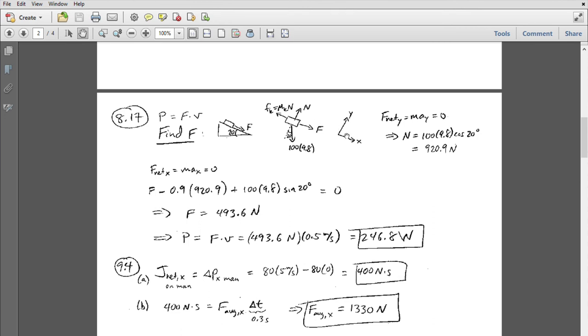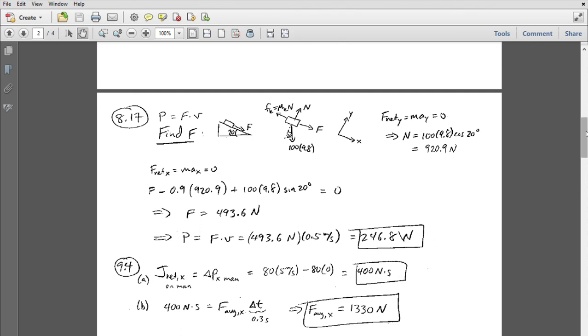For my choice of axis, F has a positive x component, so does the weight force, and the kinetic friction force is negative. So here is F comes in with a plus sign, kinetic friction force, that's mu kinetic times the normal force, right there, and that's negative, and then the other positive one is the x component of the weight force, 100 times 9.8 times the sine of 20 degrees. Sum of those is 0, gives us F is 493.6 newtons, and then the power is Fx times Vx,